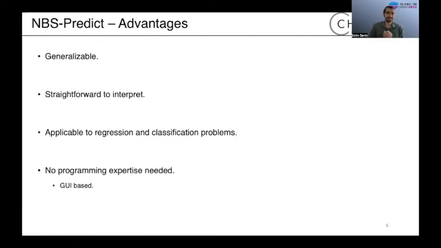All right, so NBS-Predict has several advantages over existing methods. For example, compared to traditional methods like GLM or NBS using GLM, the results derived from NBS-Predict are highly generalizable. That's because it evaluates the out-of-sample performance of the effect-associated subnetworks using cross-validation. And the second thing is that, unlike generic machine learning algorithms like logistic regression or support vector machine, the feature weights in NBS-Predict are straightforward to interpret.